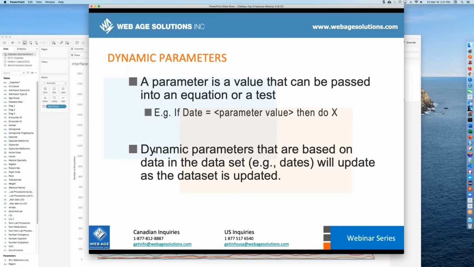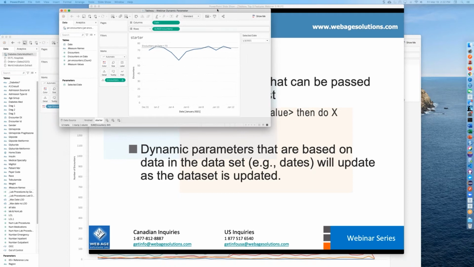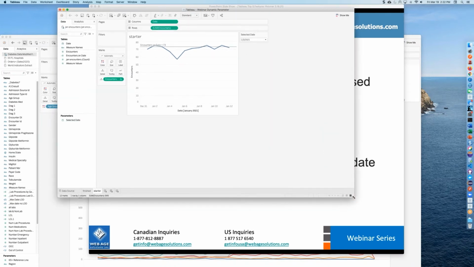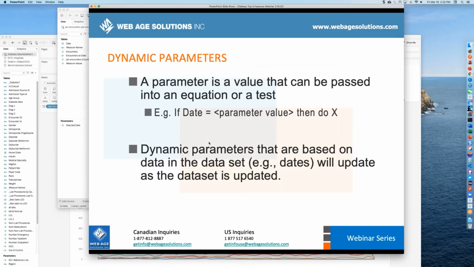So then the next piece, and as I said before, this is a little less use your creativity, though you can get creative with them, a little bit more of straight on functionality. And Tableau has always had this functionality called parameters, right? And a parameter is just a value that we want to pass in to some kind of an equation. So maybe I have a calculation that I built within Tableau and I have to change the interest rate,